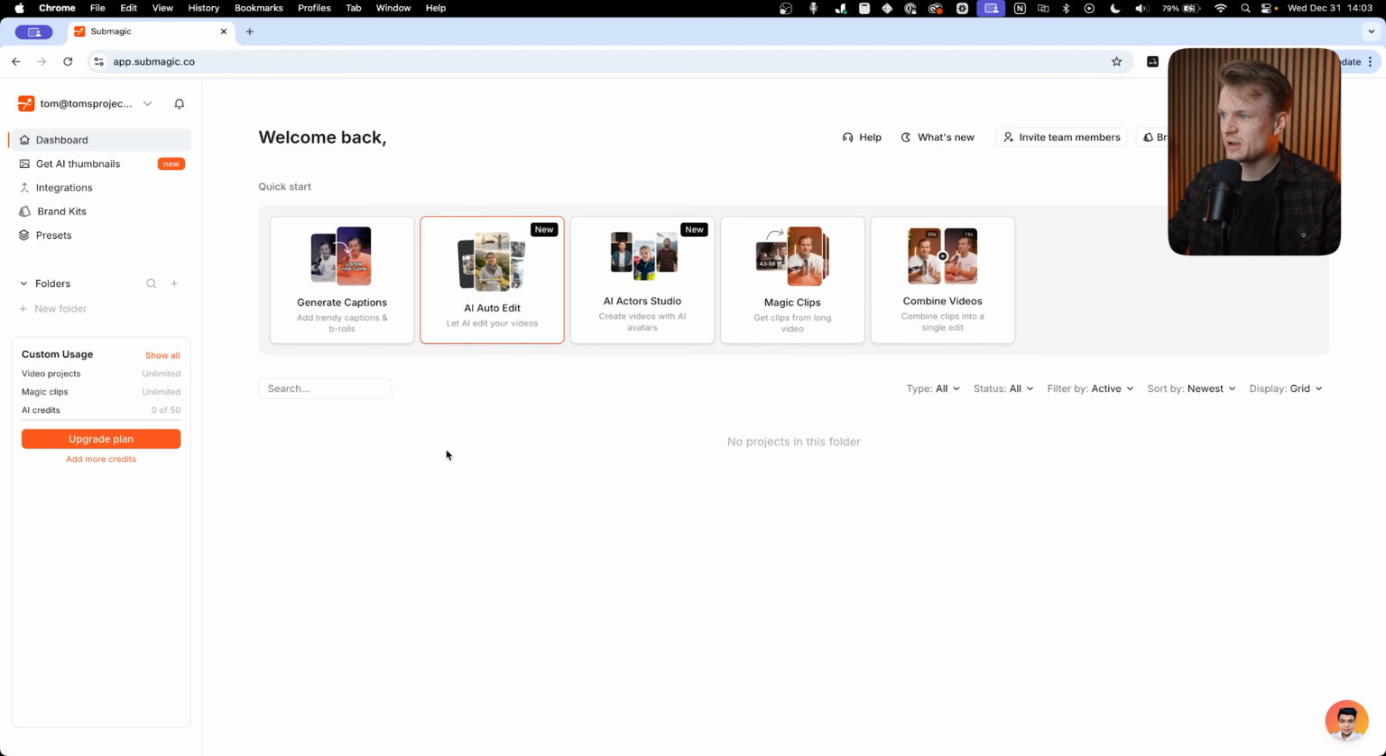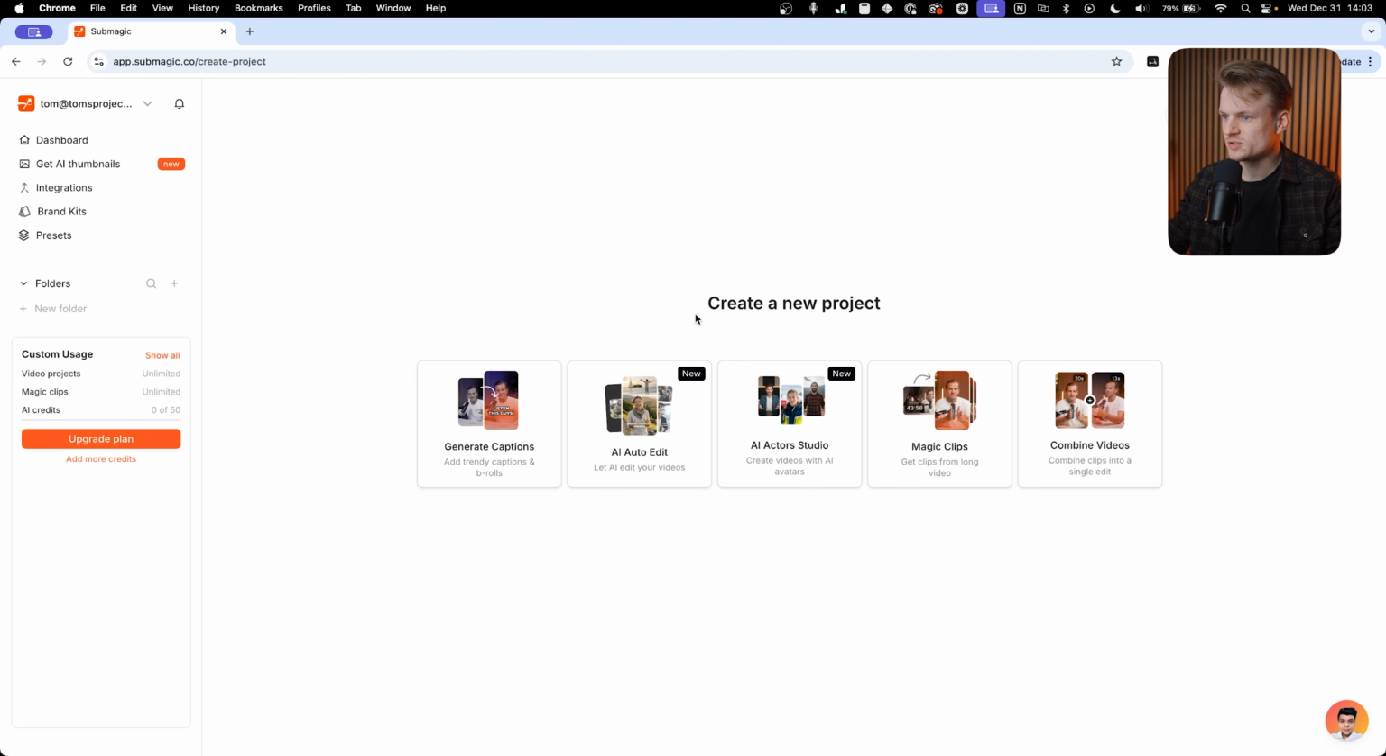So let's get started. I'm here in Submagic and step one is to create a project. And that's the orange button in the top right. Let's click that. And then we have a few options to create a new project. We have the generate captions feature, we have the AI auto edit feature, the AI actor studio, the magic clips and the combined videos. For now, I'm going to keep it simple and I'm just going to create a generate